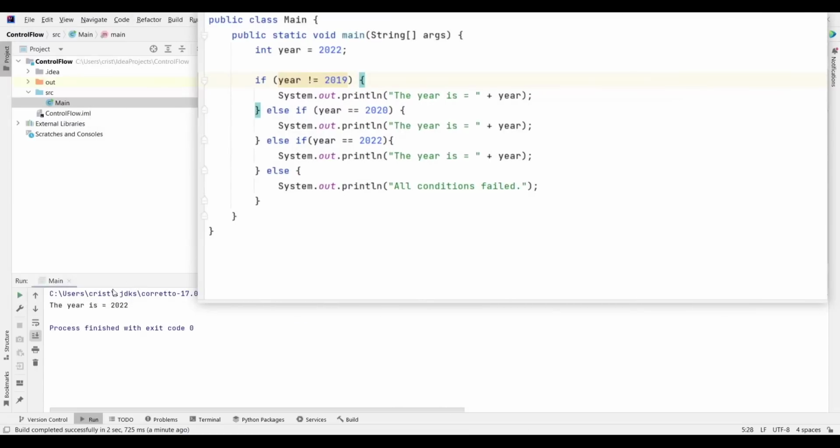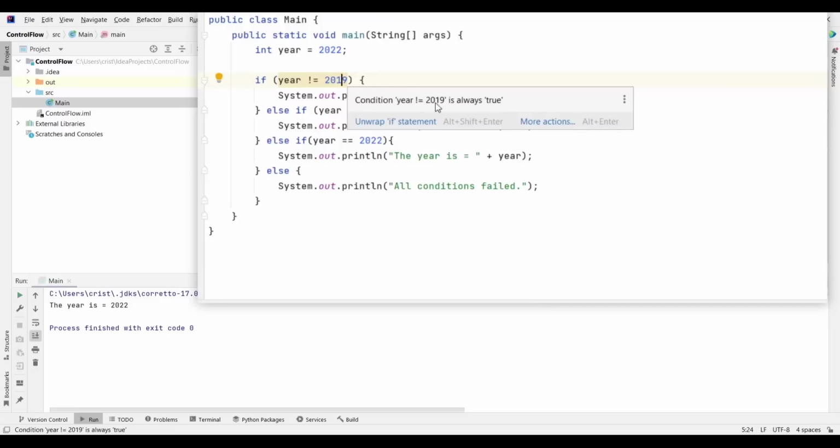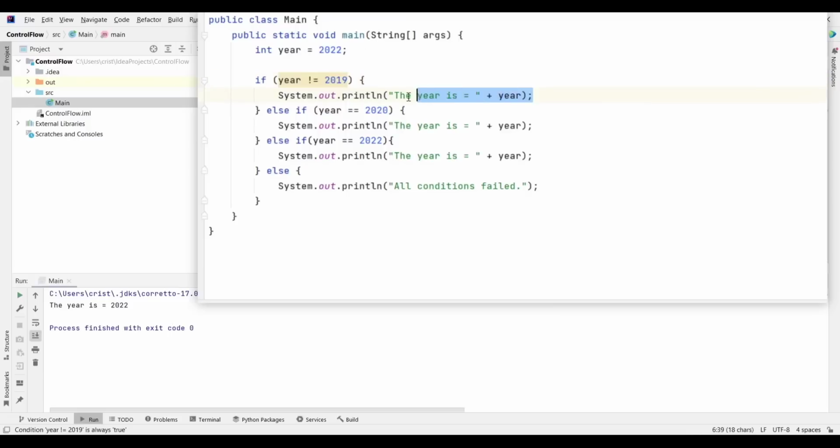So we get in the output the year is 2022, and we get this because this condition evaluates to true. Our year, 2022, is not equal to 2019, so it's executing the block of code of the if and outputting in the console the year is 2022.